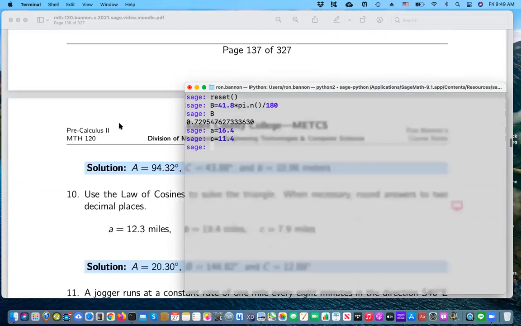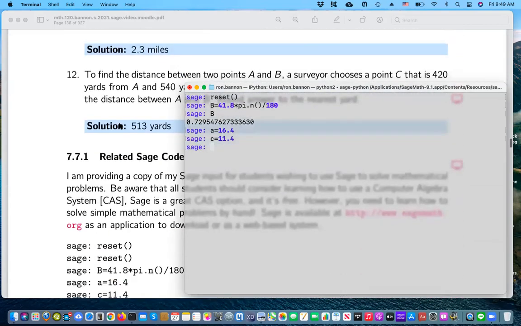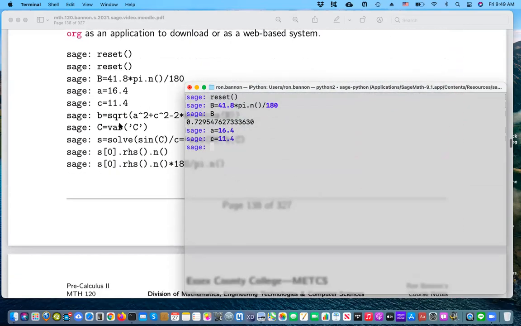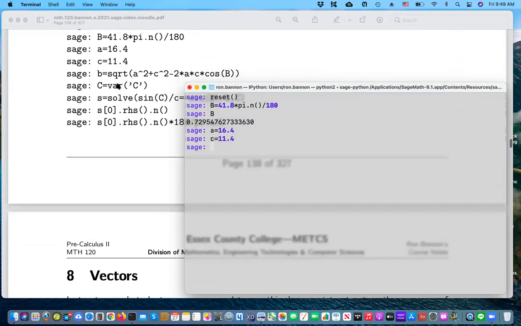Okay, let me go back to my Sage code. So I'm just simply dividing things, what was given to me. And right now I'm going to use the law of cosines. And we're going to assign B. Again, we did this in the notes. I should say we did it at the whiteboard. Square root of A squared plus C squared. This should look very familiar to you now. Minus 2. You absolutely must use the star. A star C